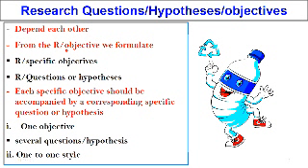When we speak of these research questions, hypotheses, and objectives, as I said before, they depend on each other. These three sentences depend on each other. It is from the research objectives. When we have the research objectives, as I said in the last videos, we formulate the research-specific objectives. We formulate the questions or the hypothesis. And each of these objectives should be accompanied by corresponding specific questions or hypothesis.